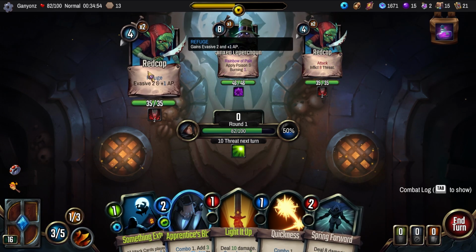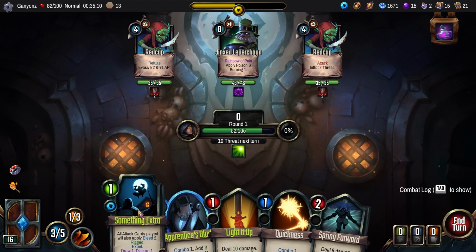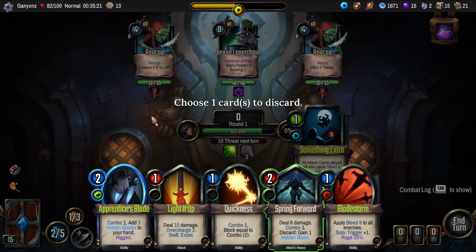Okay, so you gain evasive 2, +1 HP. I'm going to be honest, that's the first time I've seen evasive, and I'm surprised that it doesn't show the little tooltip. Rainbow of Pain applies poison and burning. Yuck. I don't think we're going to have to worry about that, because I think we're killing you. So, let's see. We pop this. This is pretty much always our starting turn. Do I care about Blade Storm? What am I doing? So, I'm using 2 mana to use this. I can then...